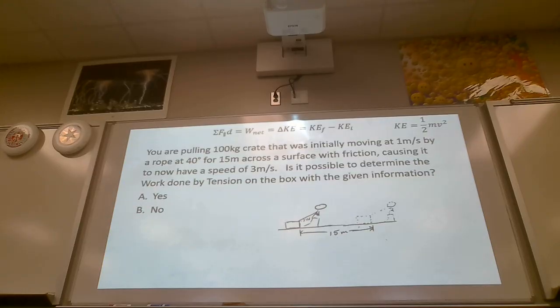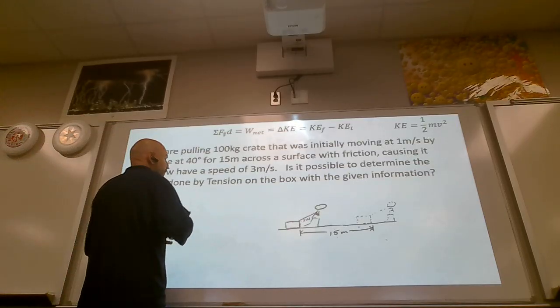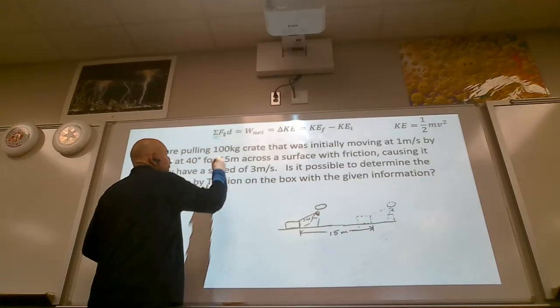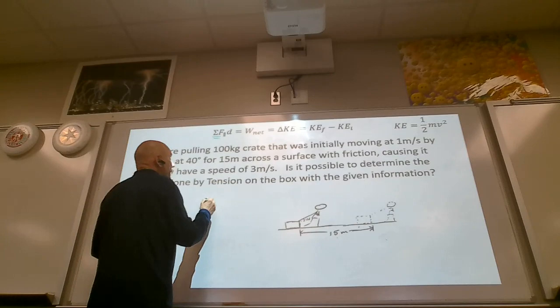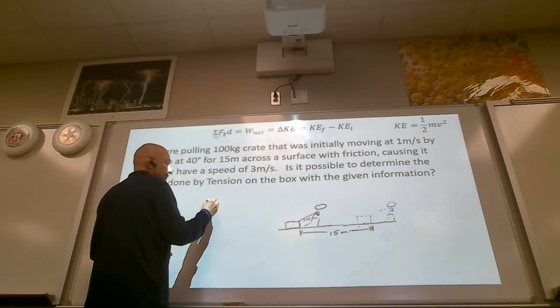That's not what it is. The correct answer is? No, you cannot. You can figure out the net force. That's possible. But